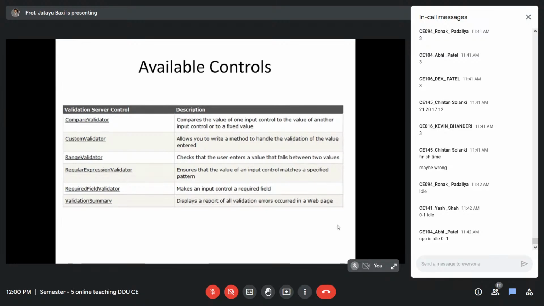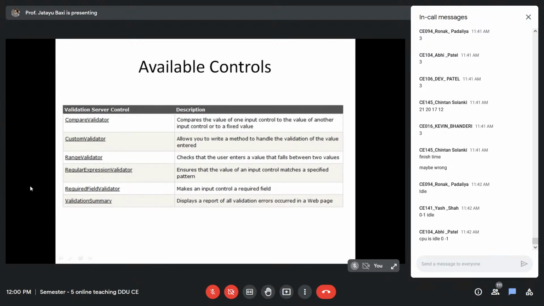So one is compare validator, that is to compare two values. Compare the value of one control with the other control, and if the values are not matching, it will throw a validation error. Range validator, if you want to validate the range, like the semester value should be between 1 to 8, or the age value should be between 18 to 45, like that.